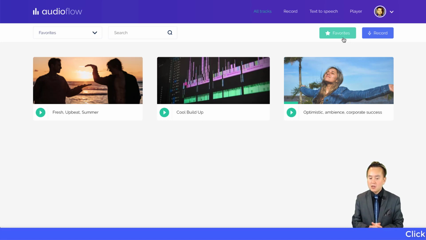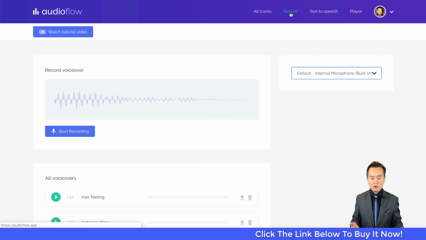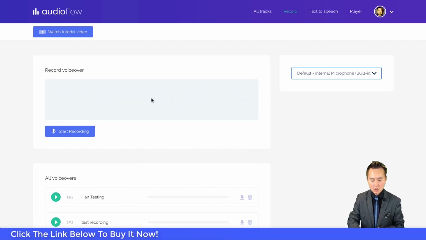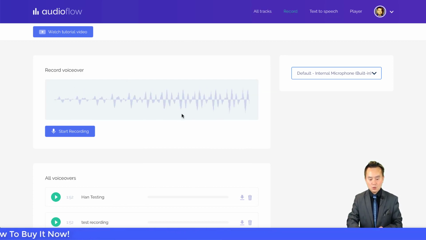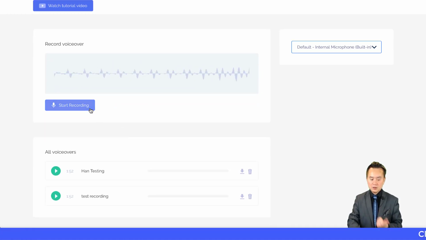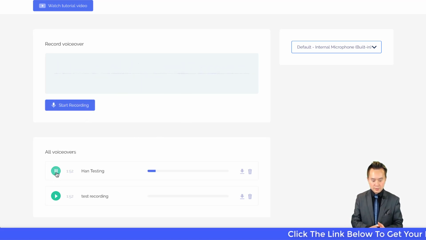So with all that being said, it also has a great feature, which is recording your very own voice. As I'm speaking, my microphone is actually picking up, and that's why you're going to see all this waving. So you can see stuff happening as I'm speaking. Another great thing is that you can just hit record and it will start recording. To demonstrate this.